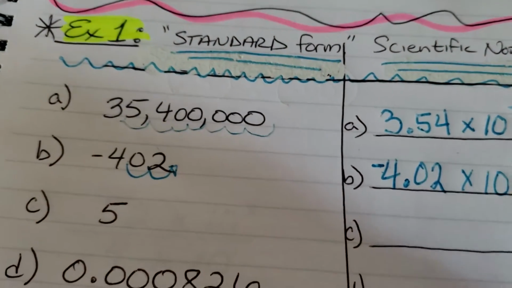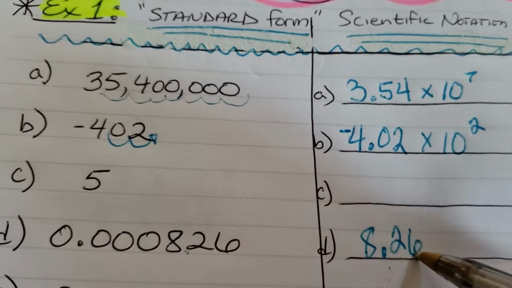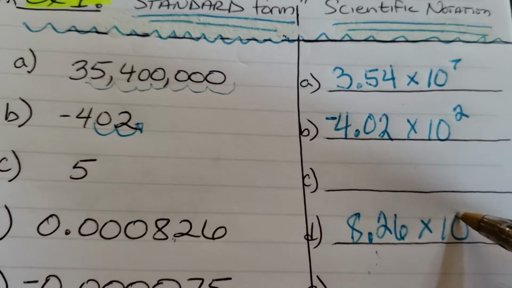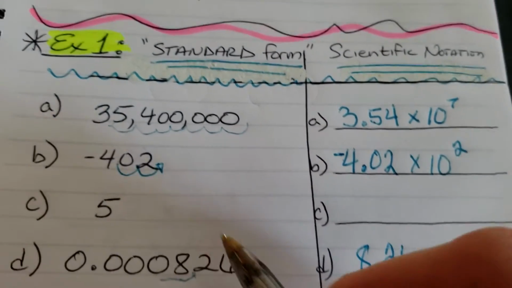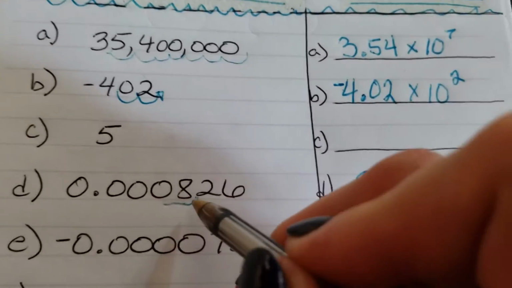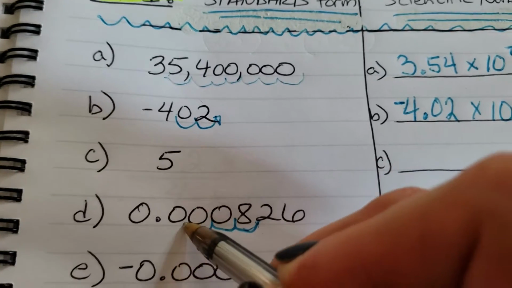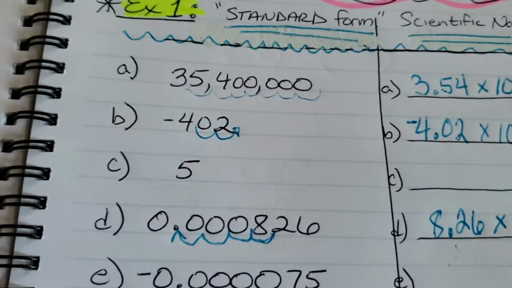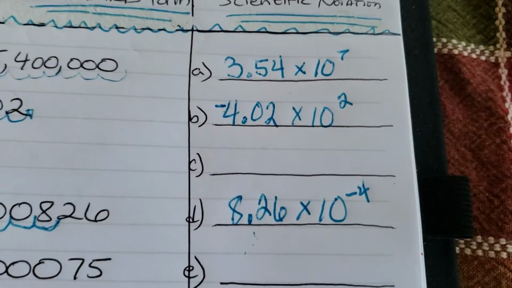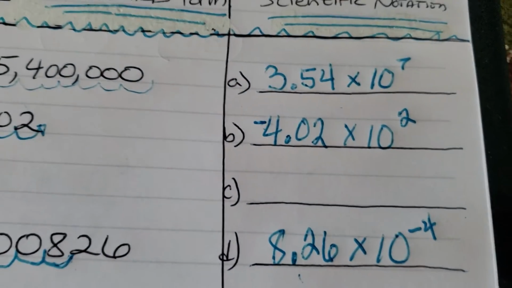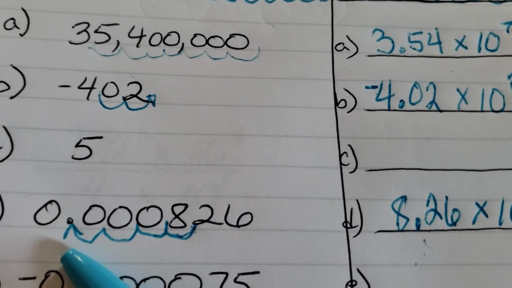So I start 8.26 times 10. But this time our decimal moves what direction? Left, right? How many times, or I should say correct, how many times left did we have to move? 1, 2, 3, 4 places to the left. So that means my exponent is going to be a -4 because that means we moved our decimal 4 places to the left to get to